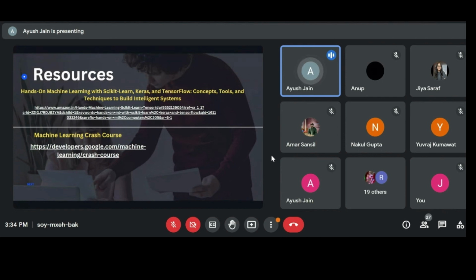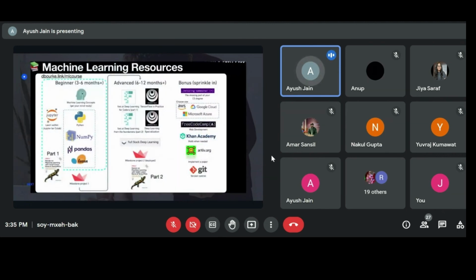I'll share this PPT also, and some of the machine learning books I have, with a cheat sheet and code. I'll share them in the Discord, and these two are the best resources I recommend as of now. The next part is machine learning resources only. This is the book I was saying, Hands-On Machine Learning with TensorFlow and Scikit-Learn, and these are the frameworks you need to know.